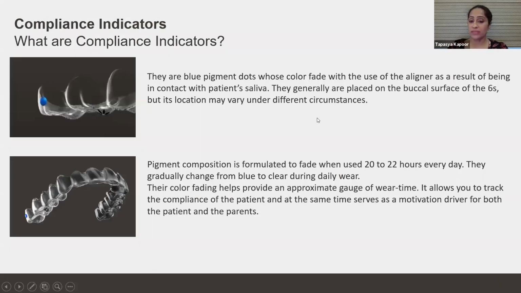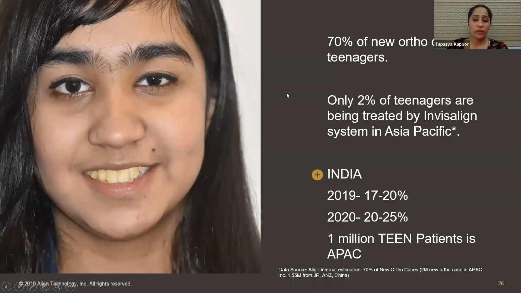These are basically blue dots, and they fade as a result of coming in contact with the patient's saliva. So even if your patient tries to remove them, they cannot be removed. Usually they're placed on the buccal surfaces of the 6s, but the location may vary. And like I said, once your patient wears it 20 to 22 hours a day, the color gradually changes from dark blue to light blue. Now, 70% of